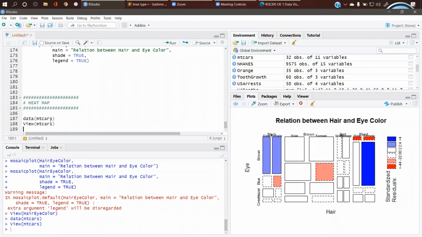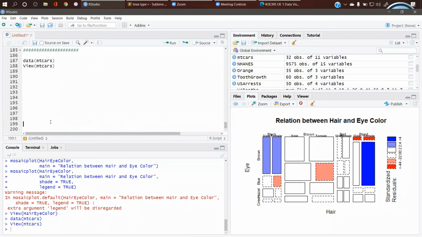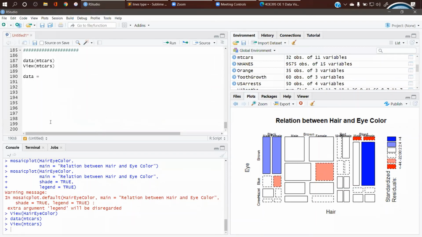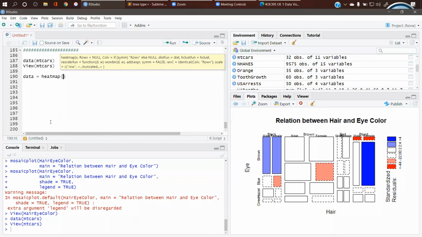Now let's move on to the heat map and draw this. I'll take this data because we need to convert it first into a matrix and then pass this data variable to the heat map, and we'll provide some scaling to it. So my data which I want to display, of mtcars, will be stored again into data, right? So heatmap.